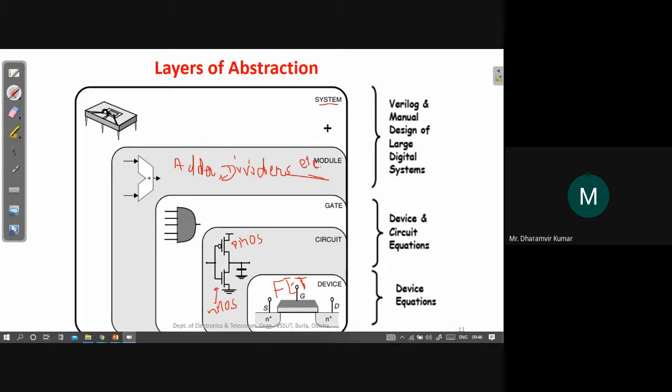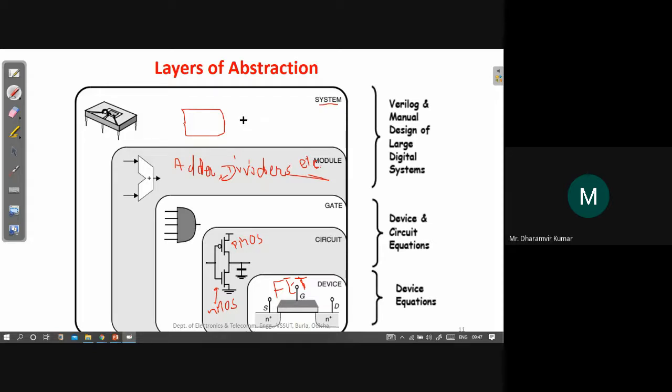Now to make a whole system out of it, we will need different kinds of modules. A system will consist of different types of modules connected in proper fashion. That system will consist of several types of modules that will perform a specific function or task, which is there in the specification sheet. And when you look at the system, it will look very complex.